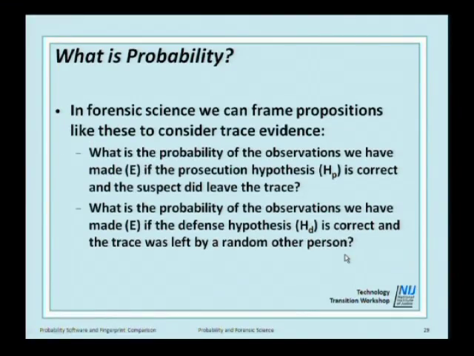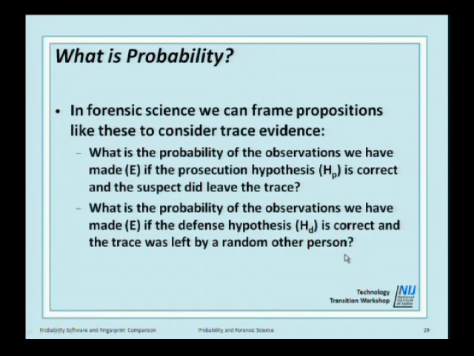For the prosecution, we're going to say, what's the likelihood of my seeing that match of those 5 minutiae between the known and the latent print if the prosecution is correct and this really is the guy who did the dirty deed? What's the likelihood of that? Now, we introduce some terms there. We're talking about this probability of observations. We're going to call that E, because I thought we would. And the hypothesis of prosecution, we're going to say this is H subscript P. So we're introducing a couple of those mathematical things, and you'll see why later. So that's going to be our prosecution